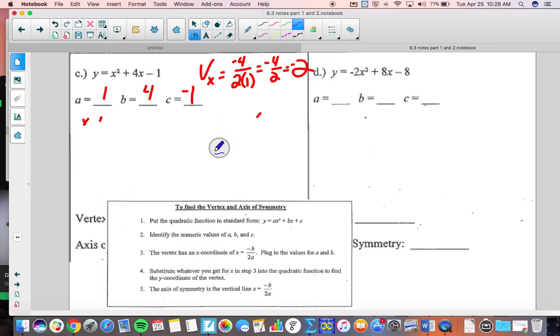All right, let's try this again. This one's in standard form. So A is -2, B is 8, C is -8. So then the vertex value is going to be the opposite of B, so -8 divided by 2 times A. So we get -8 over -4, which equals +2. So our